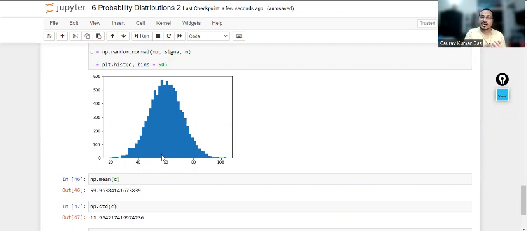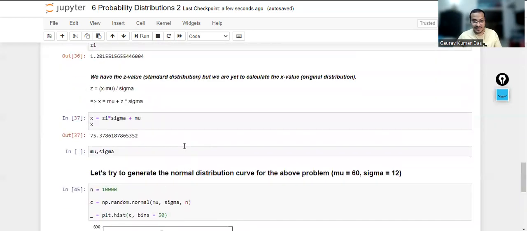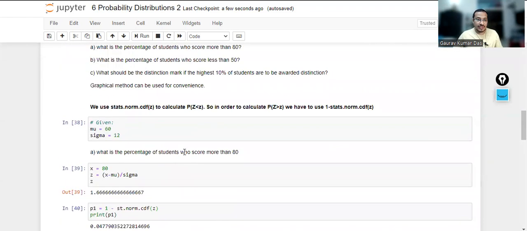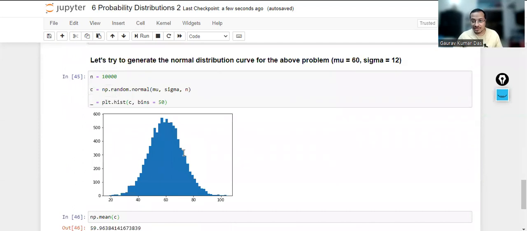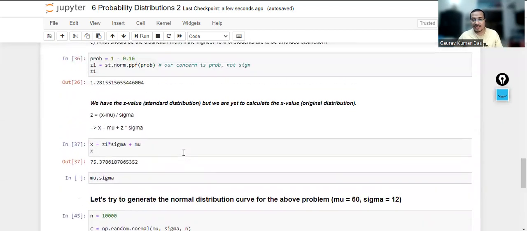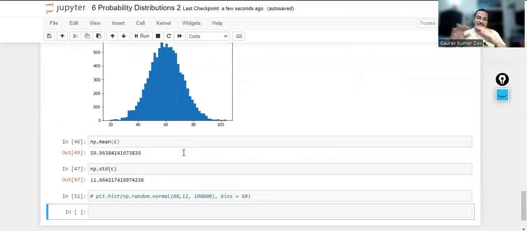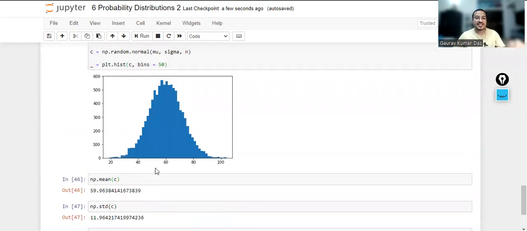Just like we can generate random integers, we can also generate random normal distributed values from the NumPy module. So this is very handy, guys. This is nothing but simulation, actually. Based on the parameters of the distribution, I'm simulating the entire data points, whose mean and sigma would be